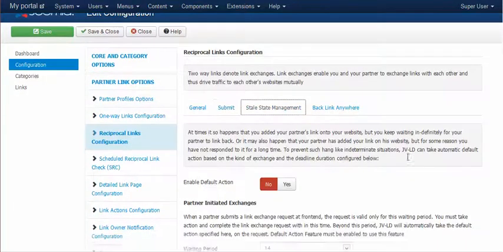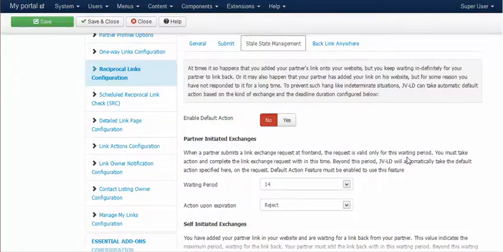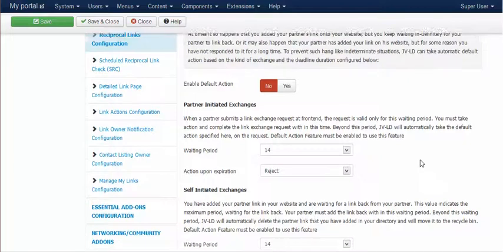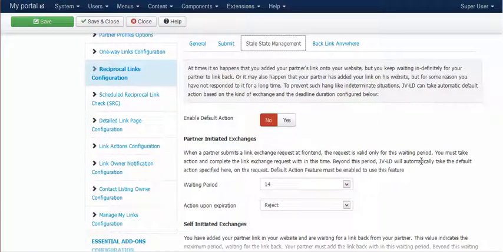The next option is stale state management. Stale state management is pretty important in the sense that often people exchange links with each other, but in due course of time, either you or your partner, either by mistake or consciously, delete the link that points to the other.